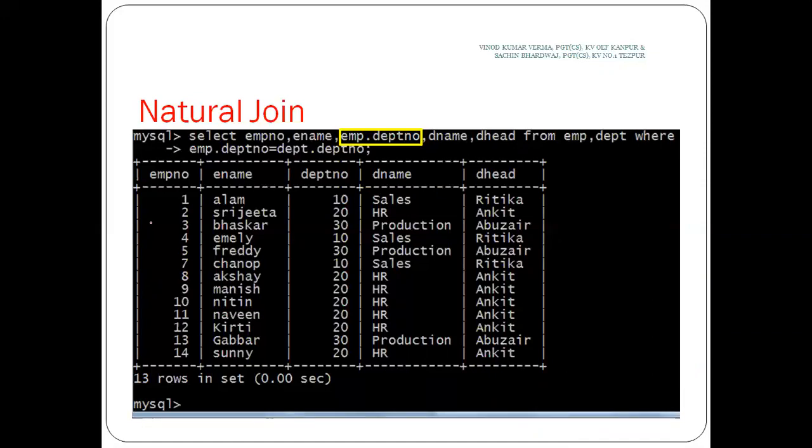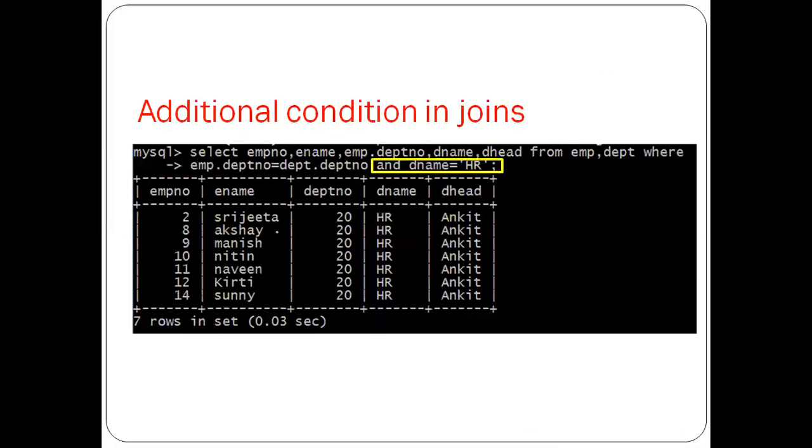And in natural join, select employee number, name, EMP dot DPT number, dname, dhead from employee, department, where EMP dot DPT number equal department dot DPT number, matching with the value. So this is called natural join. In this case all the duplicate values will be eliminated.